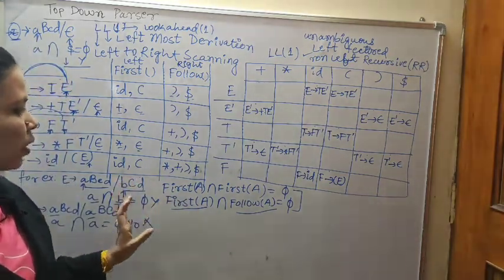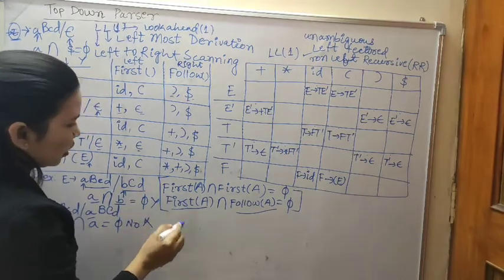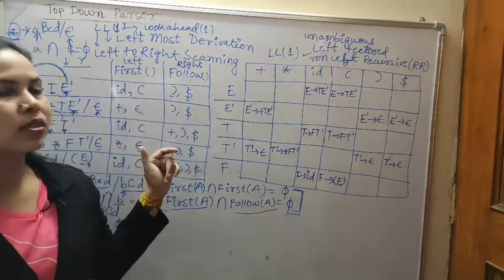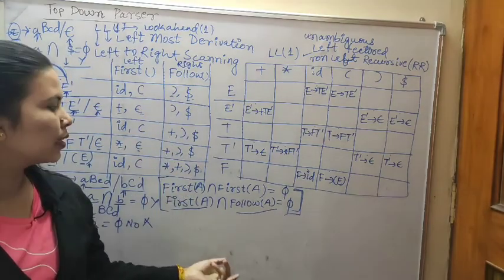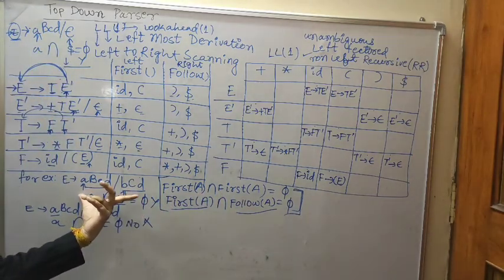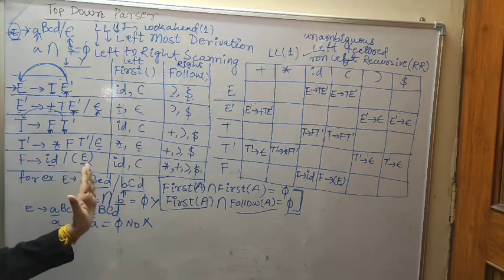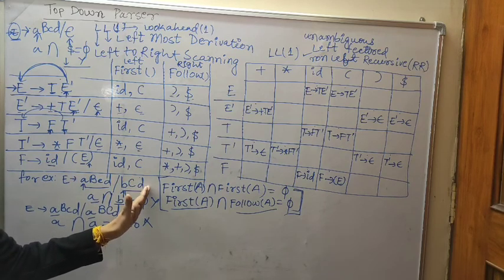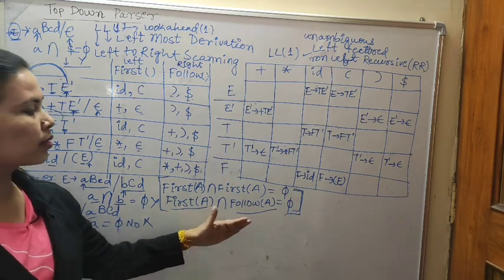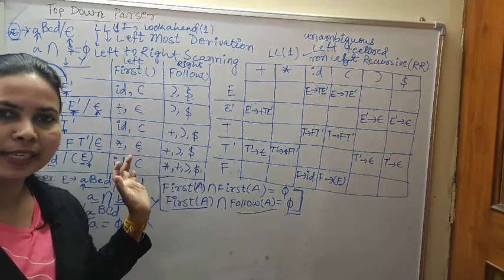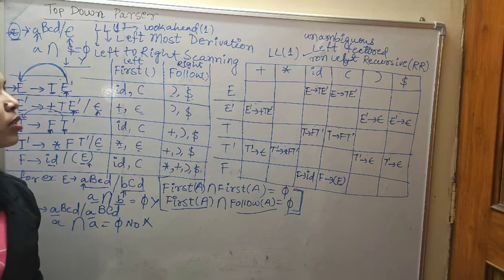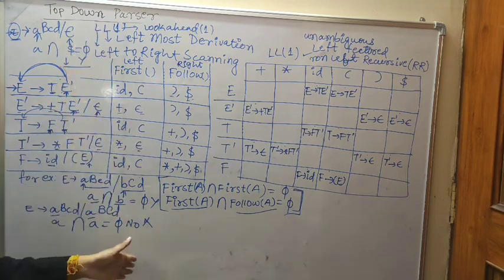Okay, so how will we find out? These are the two rules. Without looking at any first and follow functions or making the parser table, in the exams we can follow either of these two rules when multiple entries are there. Then we check first of A intersection first of the second production rule. And if epsilon comes, then we check first of A intersection follow of A. Okay, and in the next slide we will see the bottom up parser, because the top down parser has been completed.